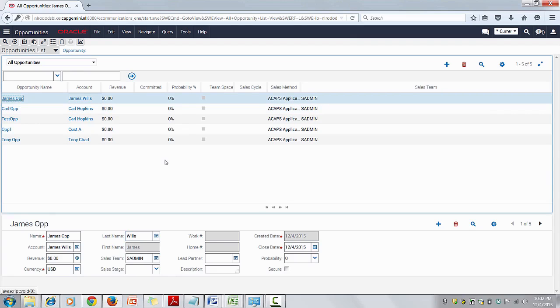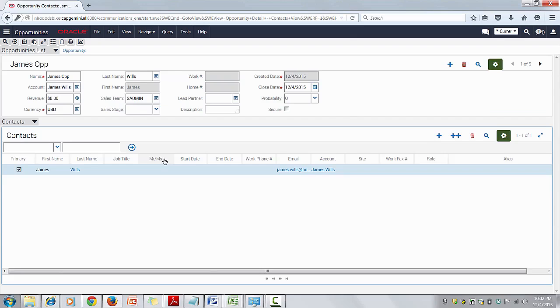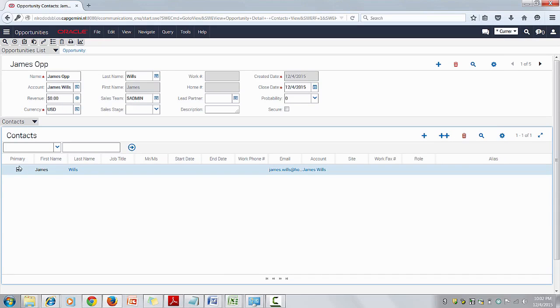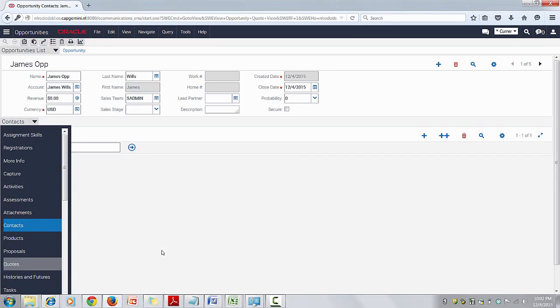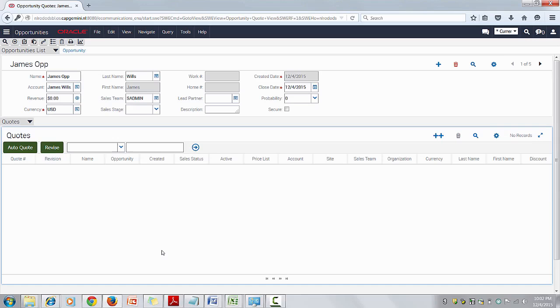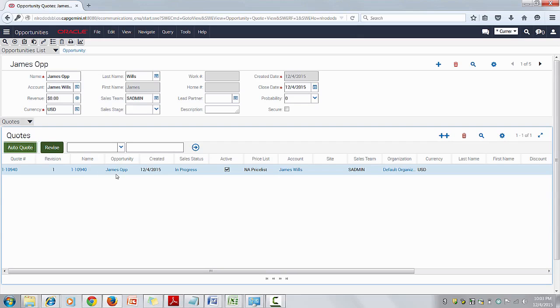From this opportunity, you can go and create a quote. So we see here the contact is there. So we now go and create a quote for the services which James Wills has inquired about, so that we can even order for those services. So here we have an auto quote which creates a quote from this opportunity, given that the opportunity is James Op and its status is in progress, and all other details are filled with the price list. So as we go to quote,